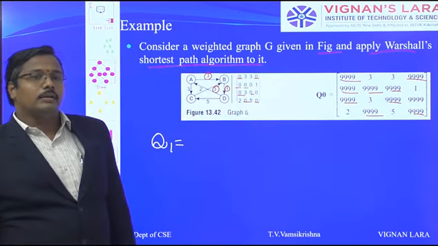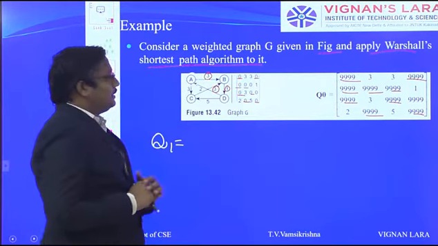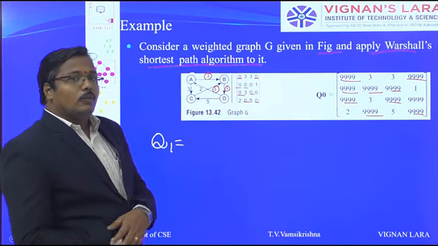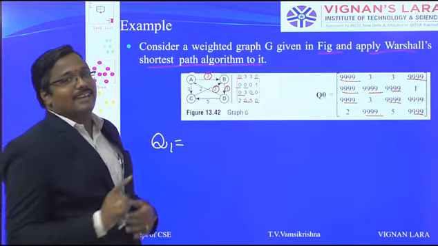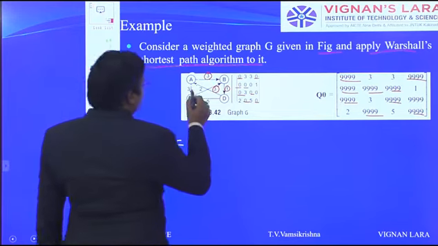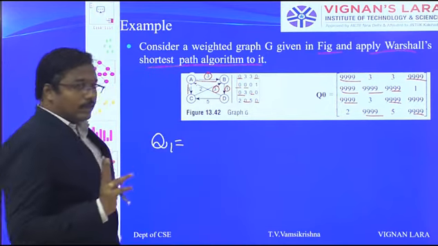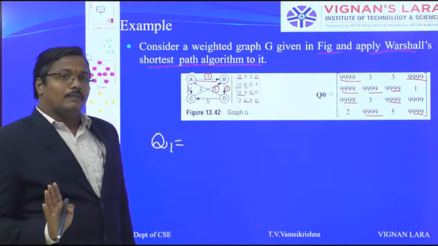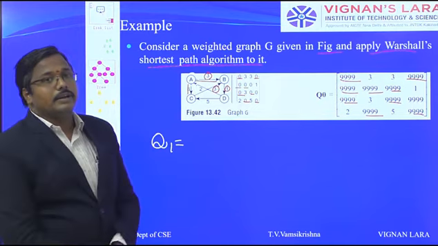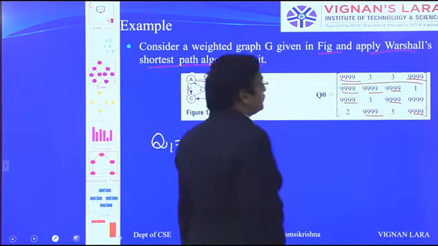Simply one logic you can do. In the Q1, we are considering that A is the via vertex. What are the outgoing edges from A? We just have to check. Here the outgoing vertices are A to B and A to C, only two things. So whenever we are finding the distances from A to B and A to C, only then are they updated. So this is not updated, no doubt about it.